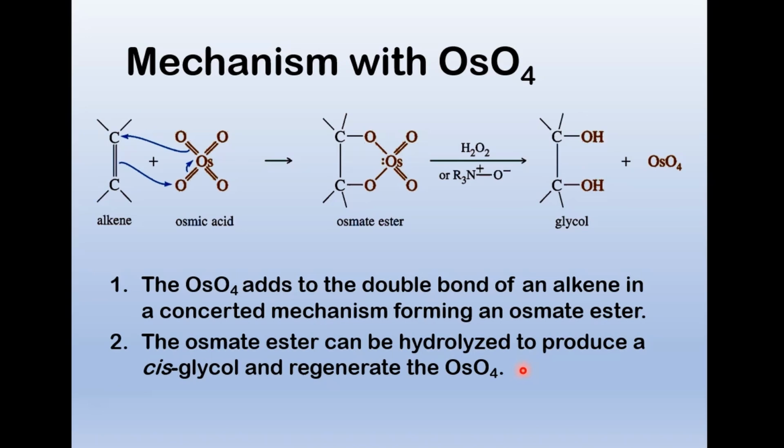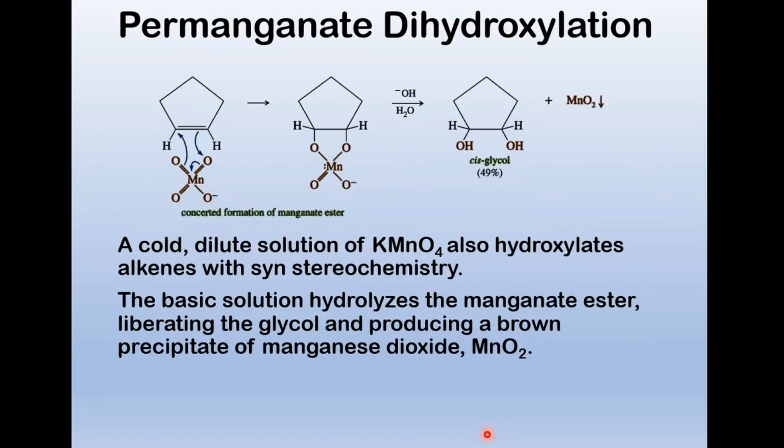That might mean to split with water, and then you produce a cis glycol, and you get your osmium catalyst back. The permanganate